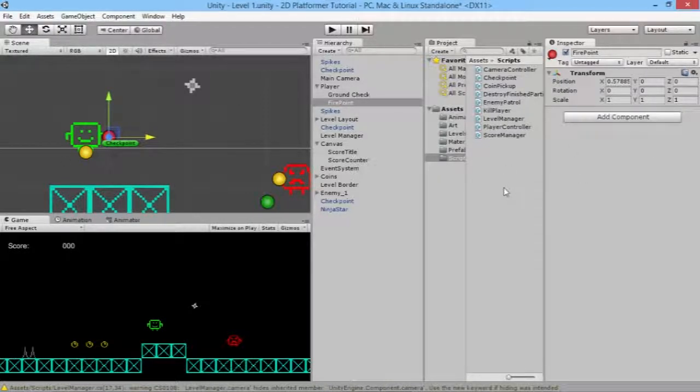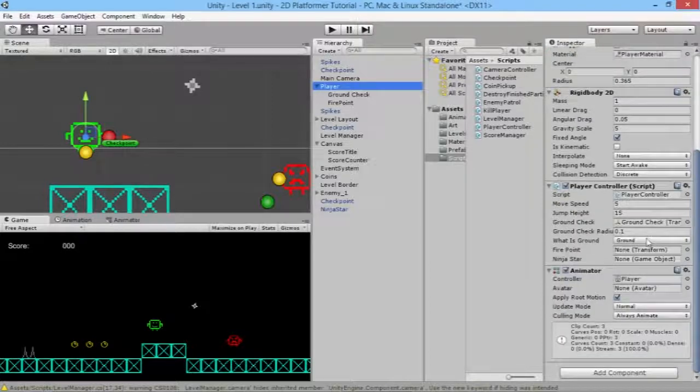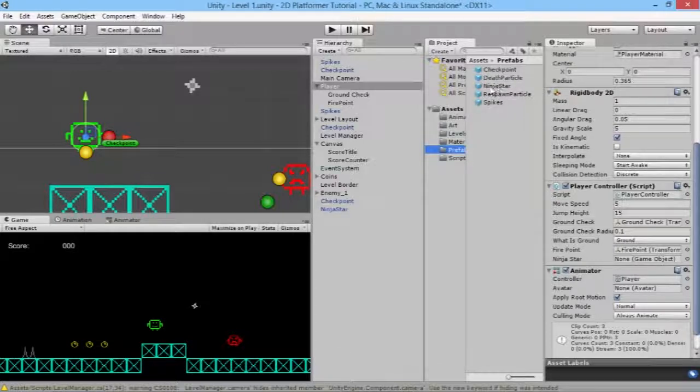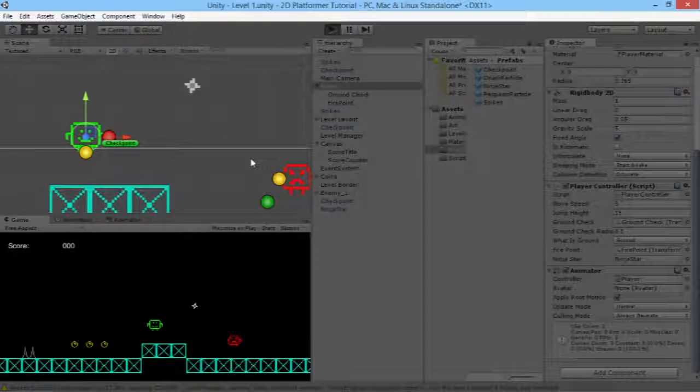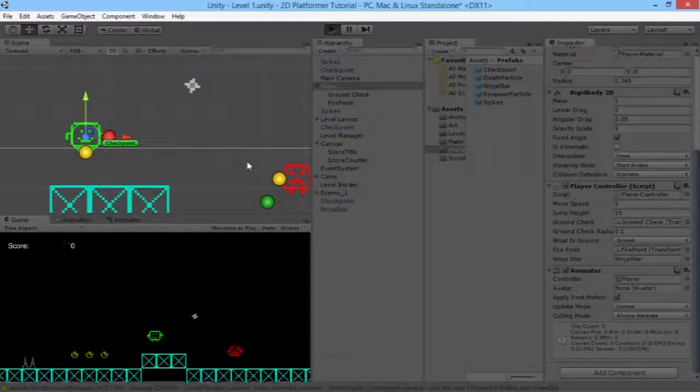And now we'll click back on our player, so we'll go down to here, and now we've got two spaces here. So we'll grab our fire point into our fire point place, and we'll click on prefabs and grab our Ninja Star prefab and pop it in there. Make sure you don't grab the one from the hierarchy, because there's only one of them there, and that one is going to be destroyed over time. Okay, so now we'll hit play here and we'll see what we have, and hopefully it should be